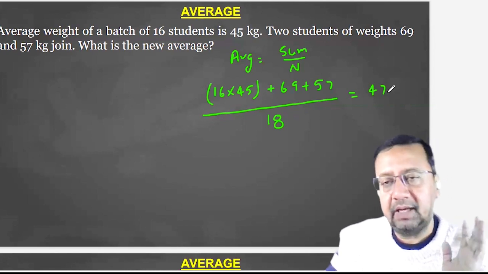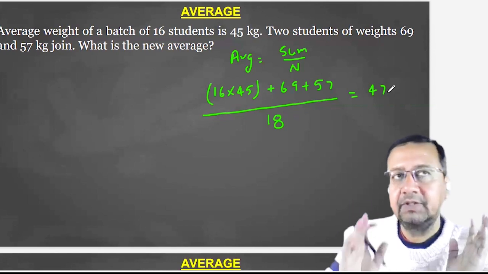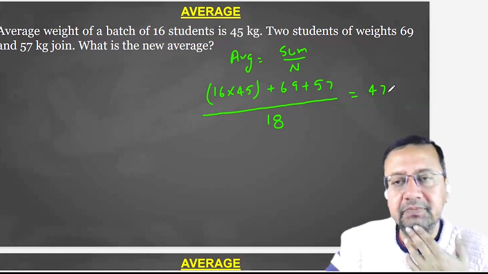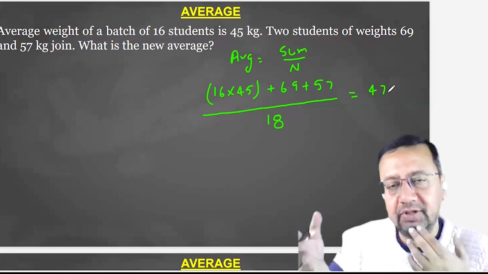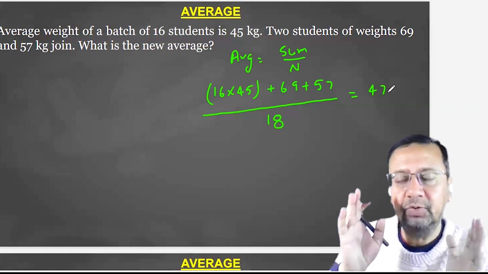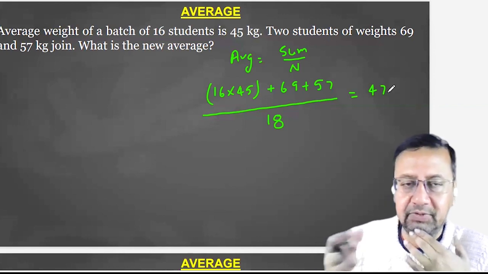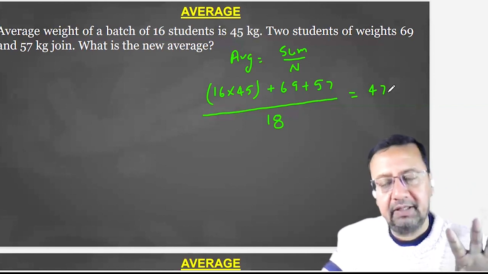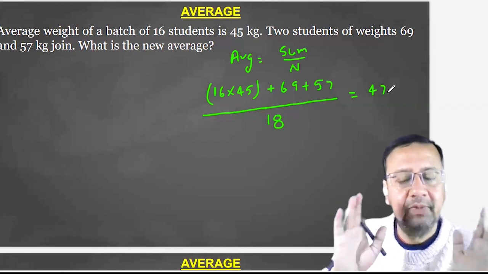But now, what is happening? There is one student who is weighing 69 kg. So, how much extra from 45 kg? 24. Second is 57 kg. How much extra from 45 kg? 12 kg. So, how much total extra weight? That would be 36. 24 plus 12, 36. Now, this 36 extra weight will be equally distributed among all the members of the group,